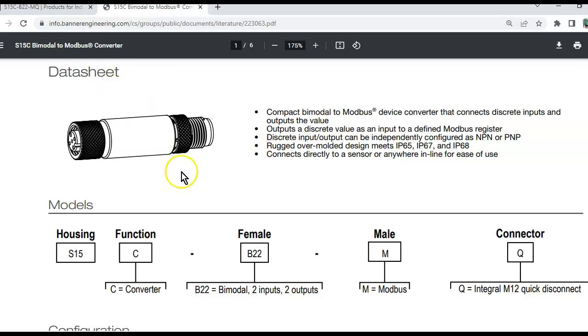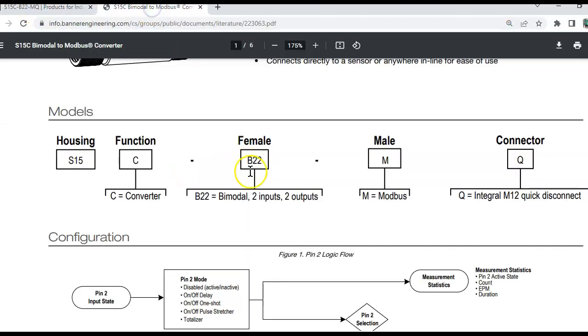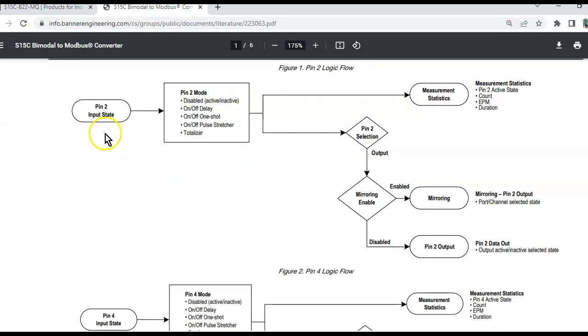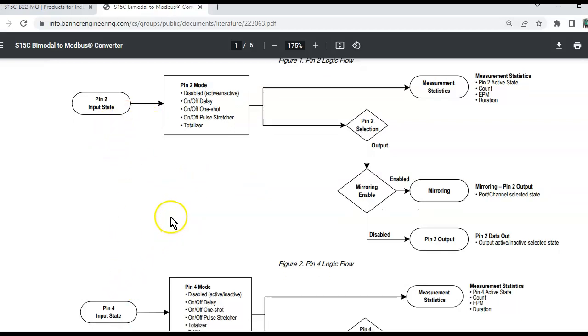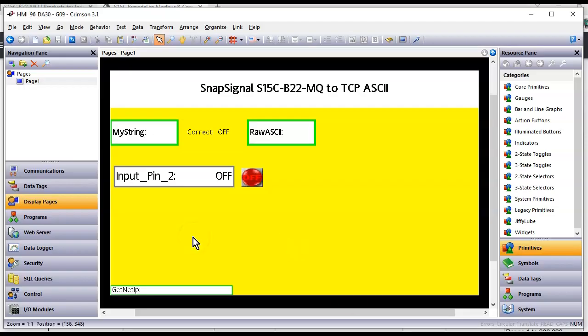Now, what I'm using on this one, what's this page do? Oh, that shows there's a picture of it, but I'm actually using pin 2 for the input on this thing instead of pin 4. So I'm using pin 2, and if I look at the Modbus mapping, that's going to be holding register 40,002 on RS485, pin 2 right here, okay? So if I go back to Crimson, here's my database,